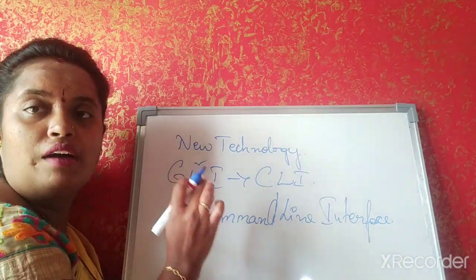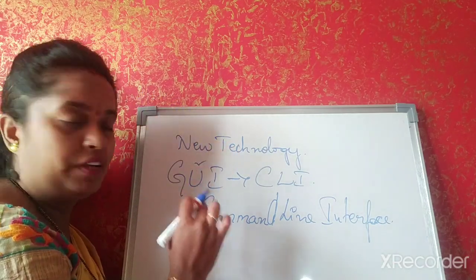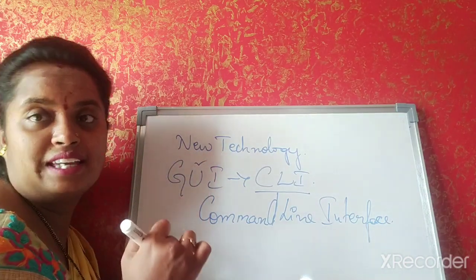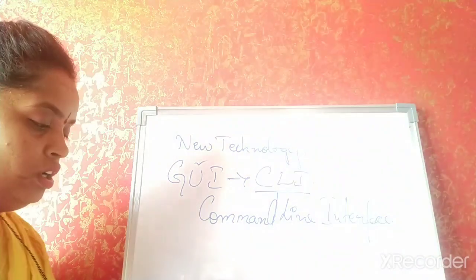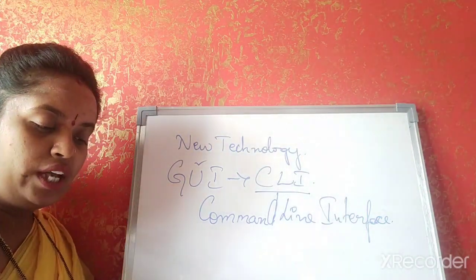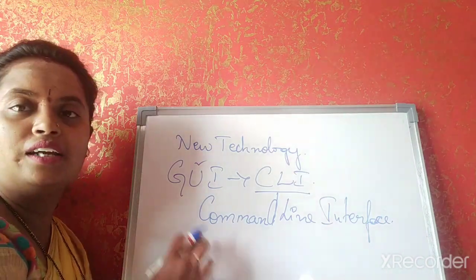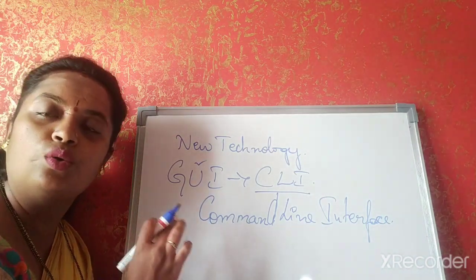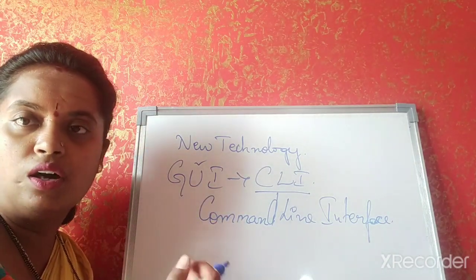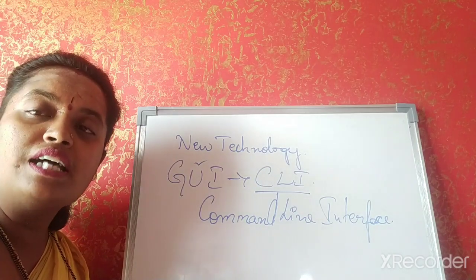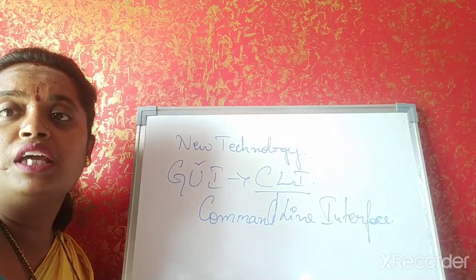In GUI you have pictures, icons, windows, menus and graphics. We'll see what you had in CLI, the command line interface. In a command line interface you can get things done by typing in commands. In GUI, with a single click, right click or double click, you usually open an app, documents, data or information, whatever you want. But in CLI, you were supposed to type the commands.